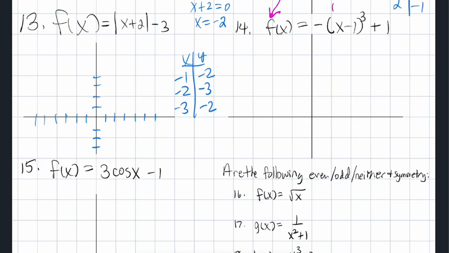Okay, so at an x value of -1, we're down at -2. At an x value of -2, we are down at -3. And then at -3, we are down at -2. And so our graph looks something like that. Okay. So that's what your V looks like. You shouldn't have any trouble